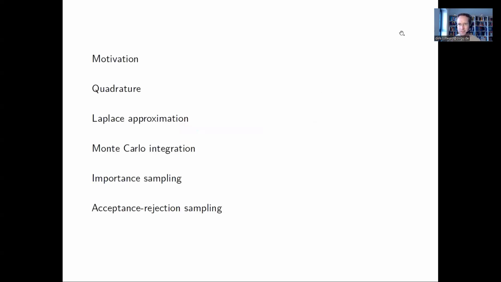So the first thing that I want to spend some time on is to discuss what's actually the motivation for using numerical inference. So where's the problem? What is the problem? Why do we need numerical inference? And then, depending on, I don't think we will discuss everything here on the list in full detail, but follow a